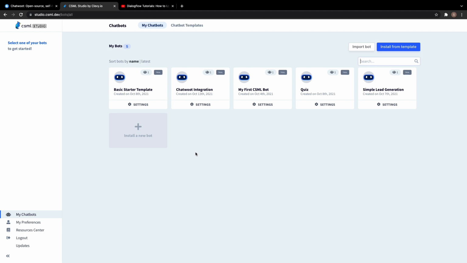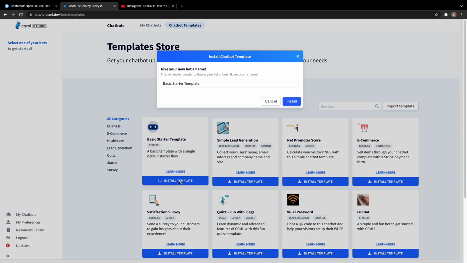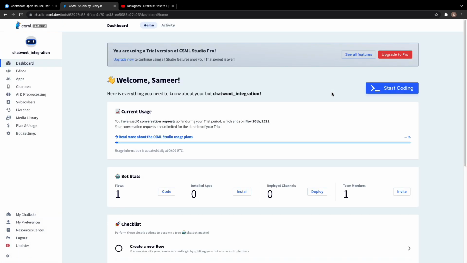So here I am going to create a new bot for this tutorial. Let's name it Chatwoot Integration. So now our bot is created.